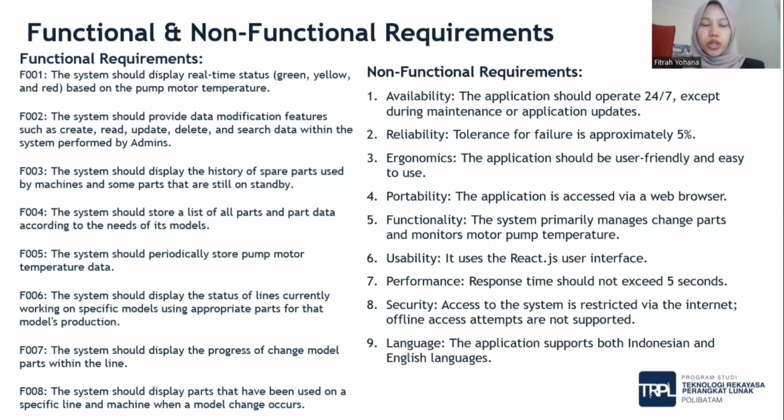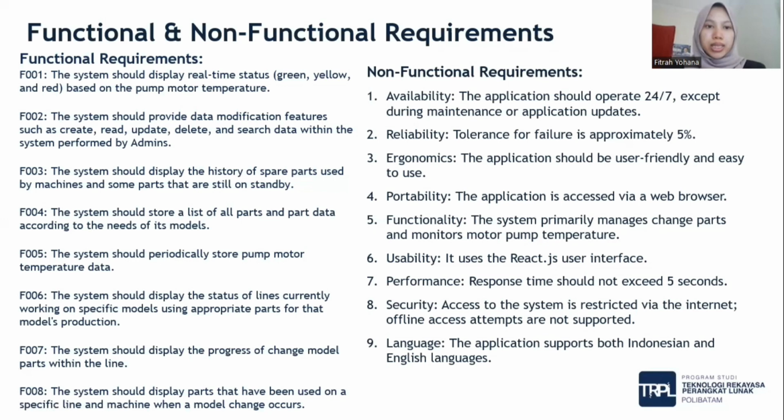Functional and non-functional requirements. There are several functional requirements including: number 1, the system should display real-time status, green, yellow, and red, based on the pump temperature and motor temperature.